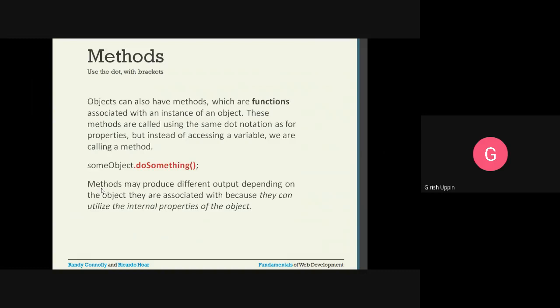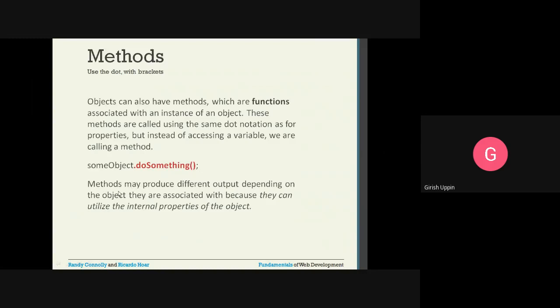It will be the same format: instance name dot, and instead of the property name you are going to specify the method name. So in this case, the same object, someObject dot, this is the method name, doSomething, and optional parameters, and you end with a semicolon.